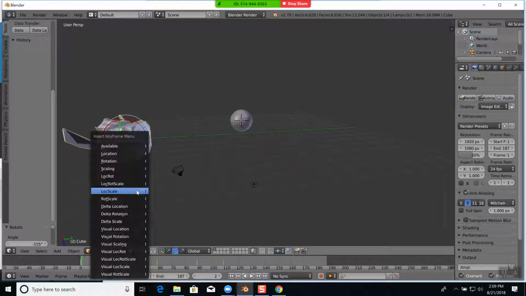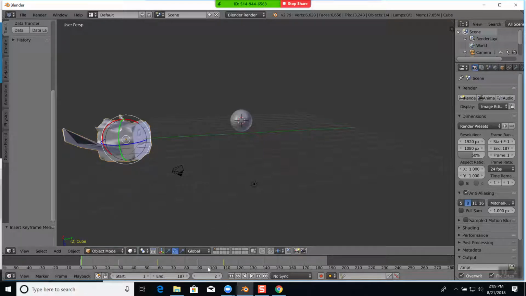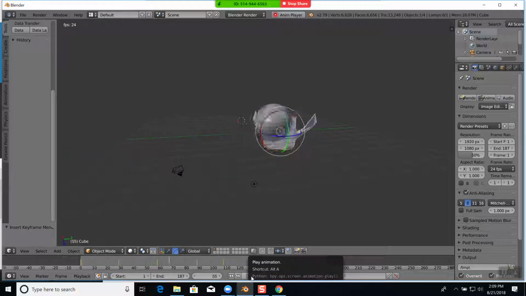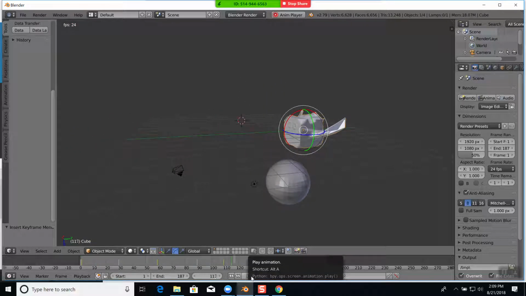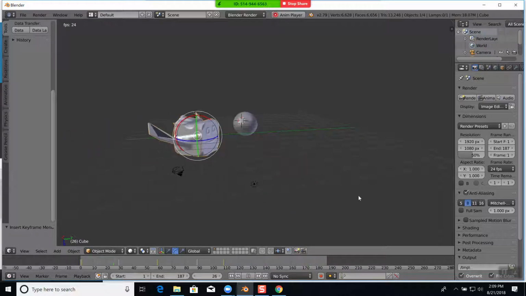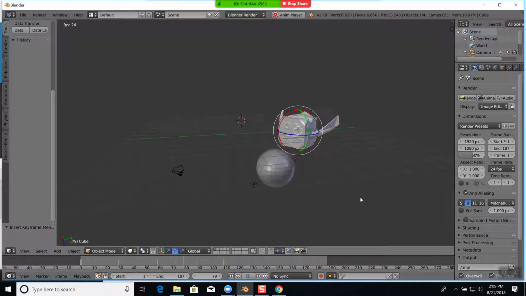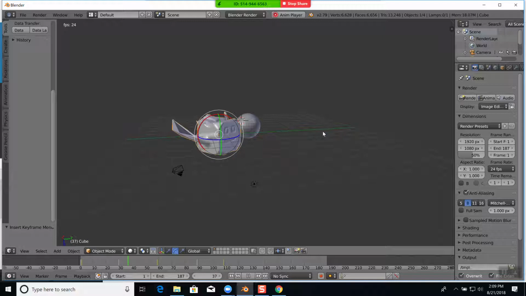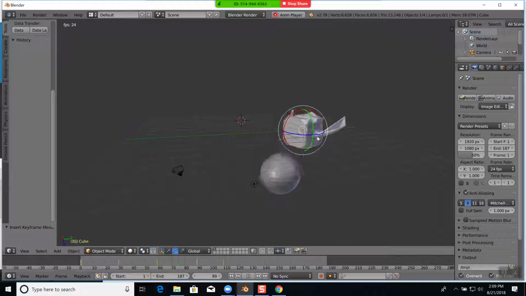Okay, so choose an I there, choose my rotation. And now let me run it. See how I got my original and then it's rotating to that new position? Now, if I didn't want it to rotate until I got here to the very end, what I could do